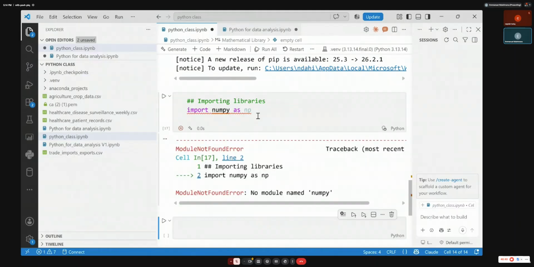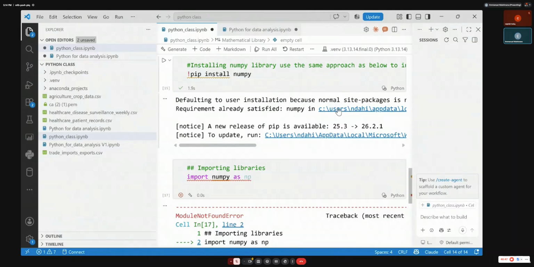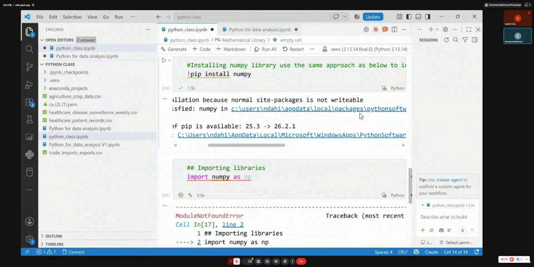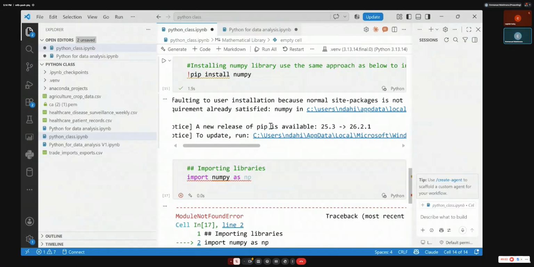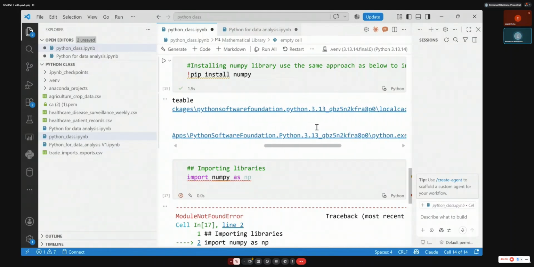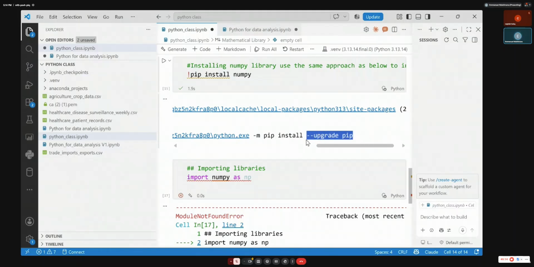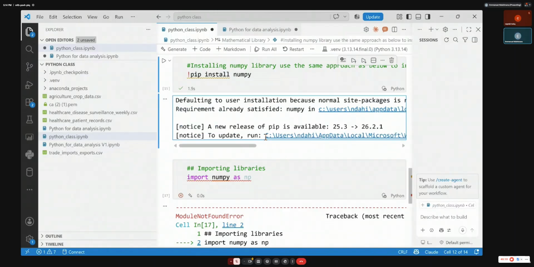Why? Defaulting to user installation because the normal site-packages is not writable. Okay. A new pip is available. Don't face any challenge. Did it work for you? Still I have this error.